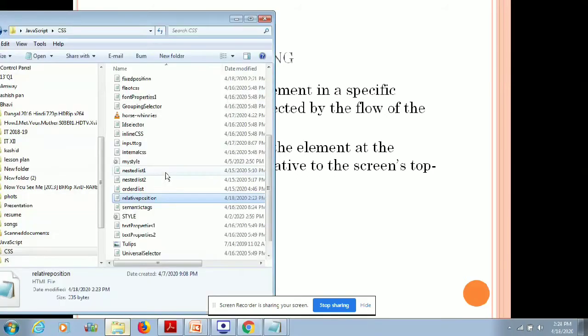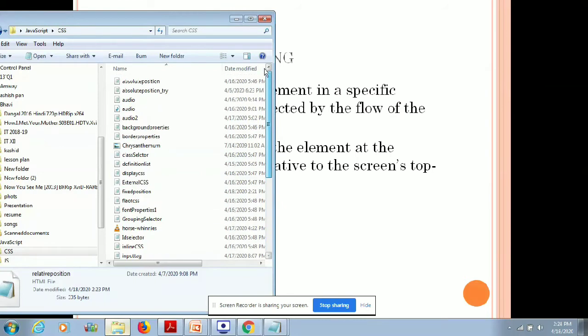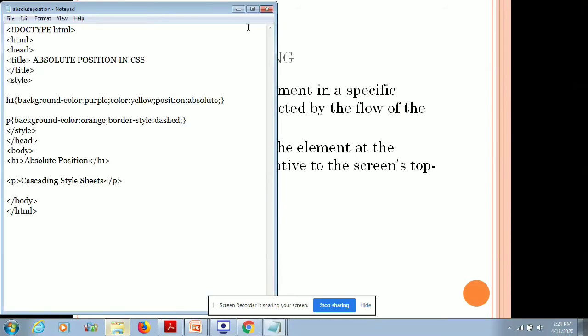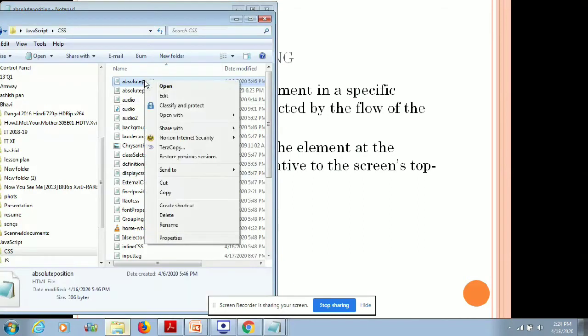So here we have one example for absolute position. Absolute position, background color purple, color is yellow, position is given as absolute, no top and left has been specified over here. Then a paragraph, opening this in the browser.